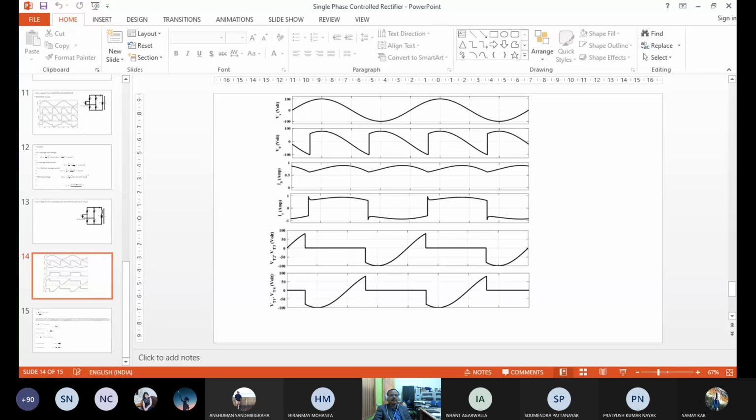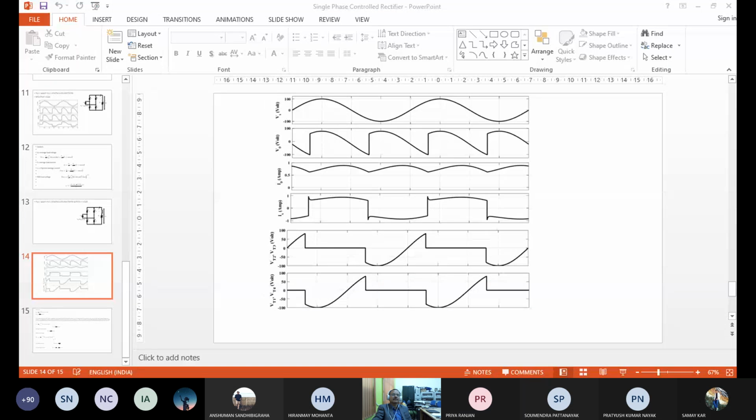So the single phase controlled rectifier is over. You draw your own, and solve some problems during the holidays, then more doubts will come and we'll discuss again. So for the full wave, is the midpoint configuration in the syllabus? It is not there. So we'll do only the bridge configuration.